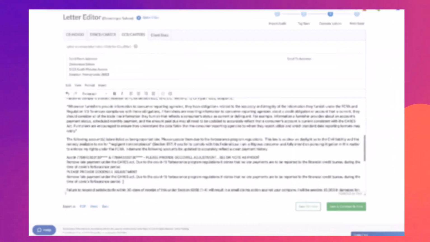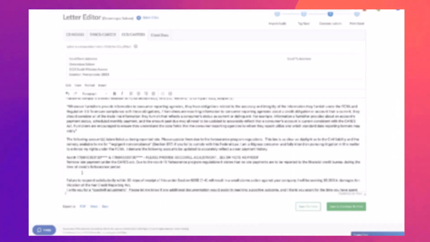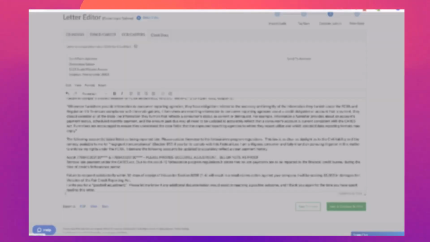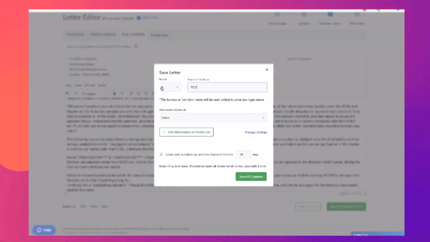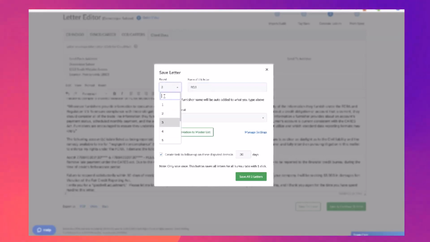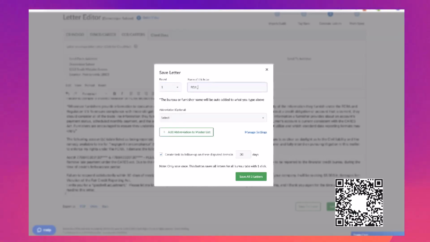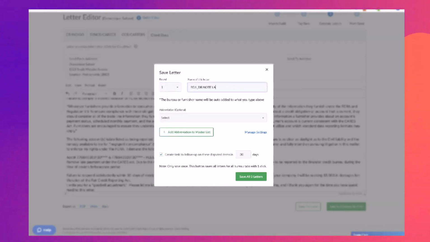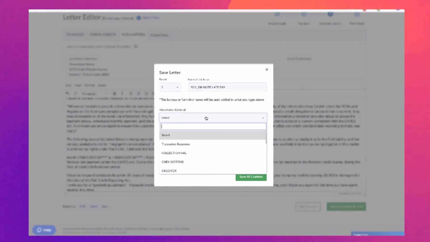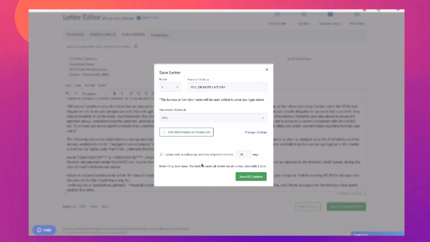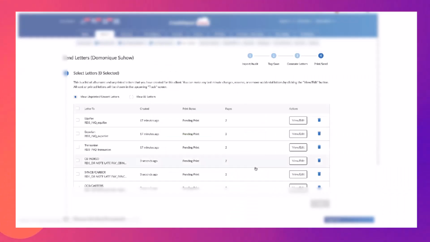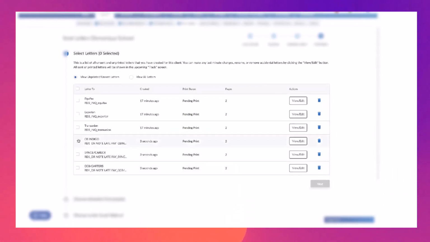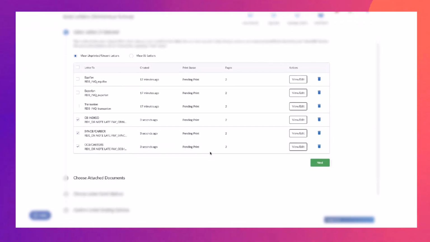Okay, let's go ahead and take this one off because it's kind of duplicated, and then I'm just going to hit save and continue to print. We're going to go ahead and just do round 3. Actually, this is going to be round 1 with the letter. So doctor note late pay. We're going to just categorize these as a late pay, save, and we're going to go ahead and select the letters that we want to send,